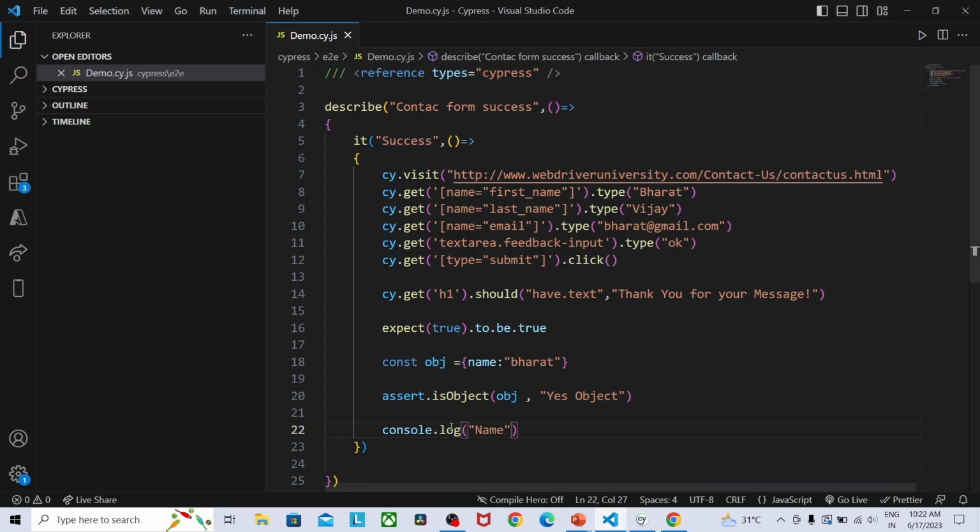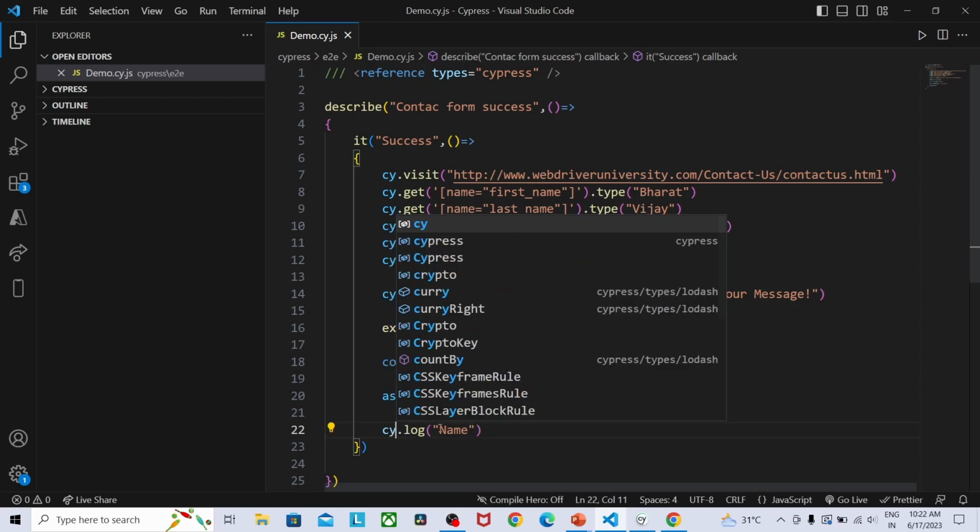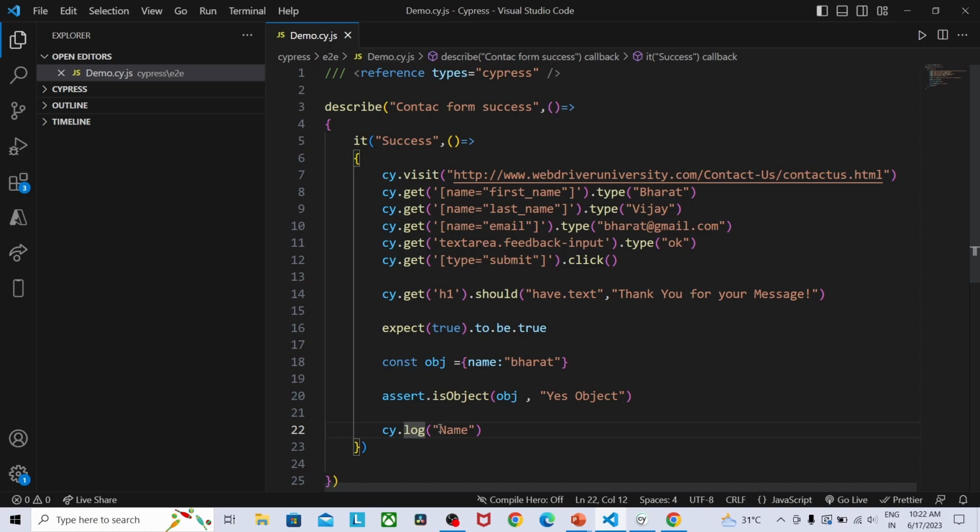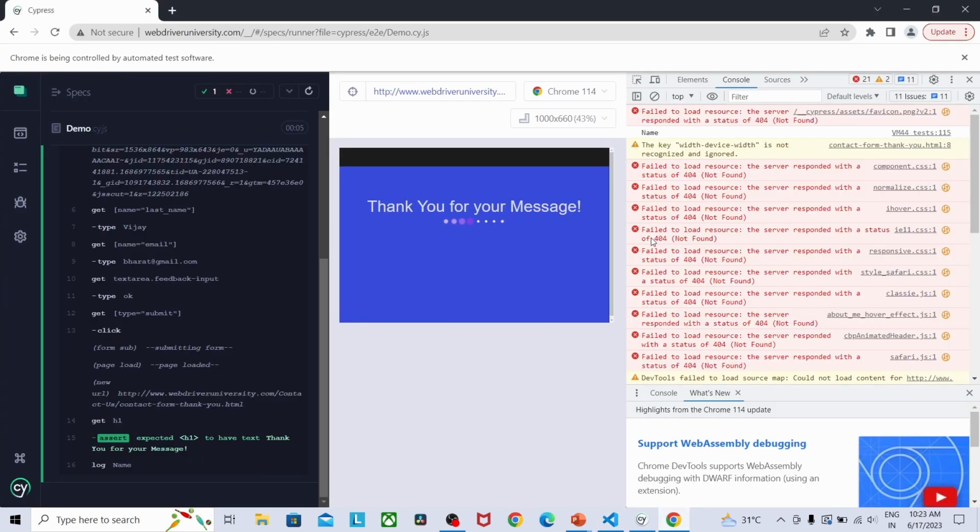I'm going to change this console to cy.log. So this Cypress command will automatically handle the asynchronous nature of the commands, and it will make the commands execute in order. So now we have used the Cypress command. So if we go and refresh,